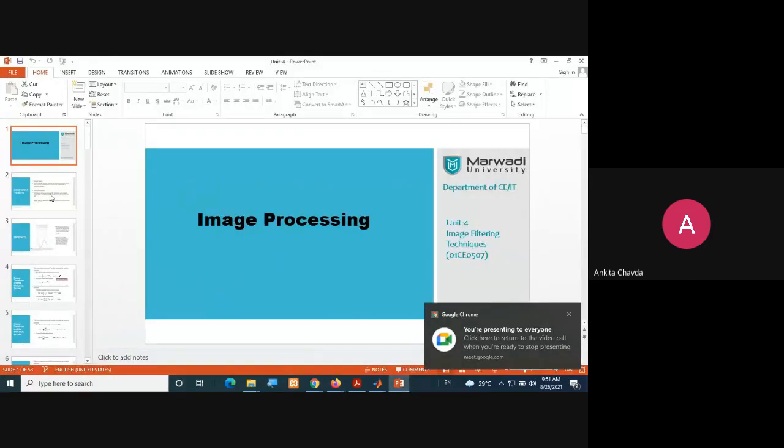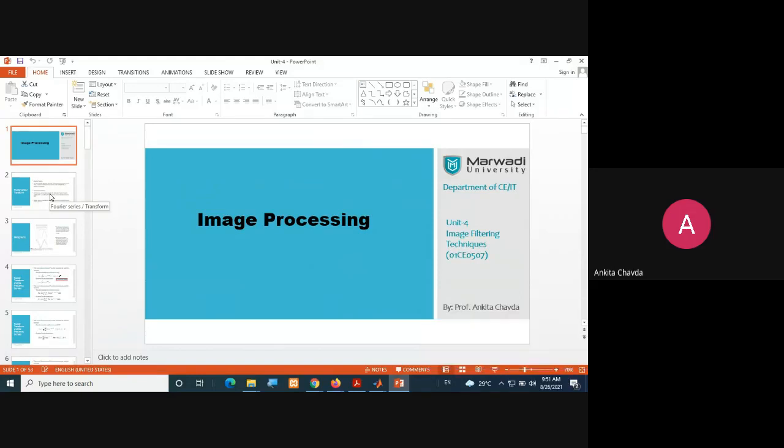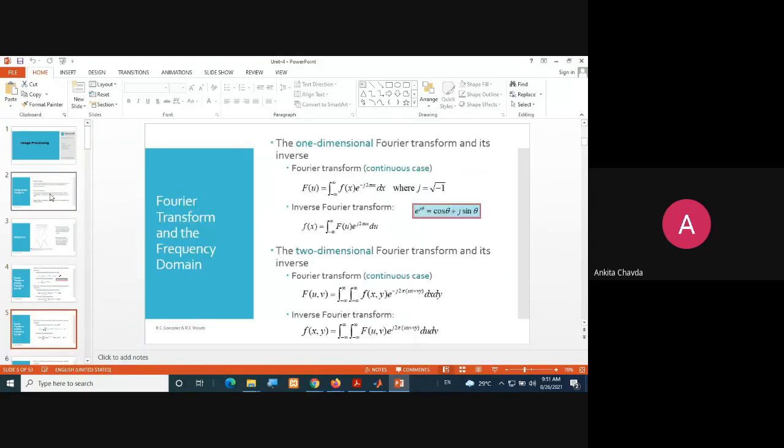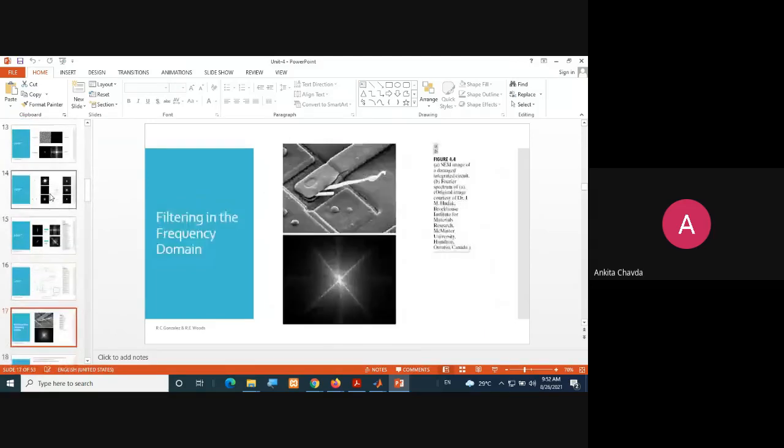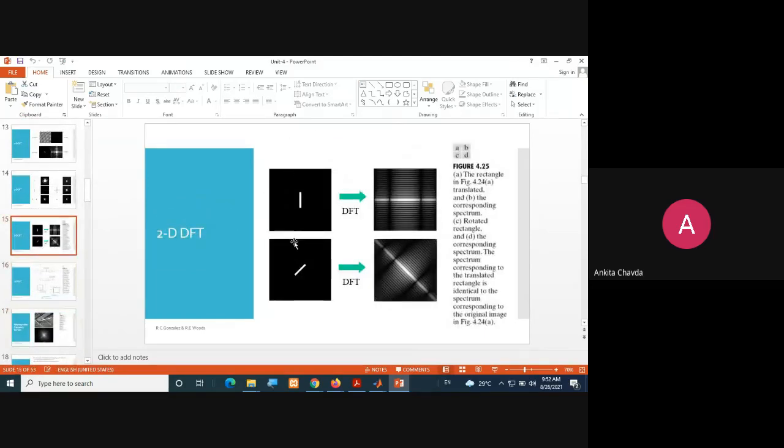Before starting this low pass and high pass filter, do you know the different steps of how to do that process? See, this is the image we have taken, this rectangle. We are not getting an image like this. Why? Because we haven't multiplied it with minus 1 raised to x plus y. Do you remember that? No translation. So we haven't applied that. It would be more clear to see the minor detail. Otherwise, we are doing the same thing.